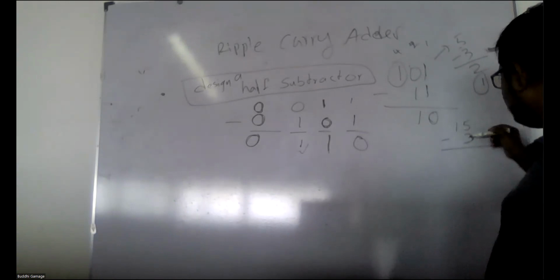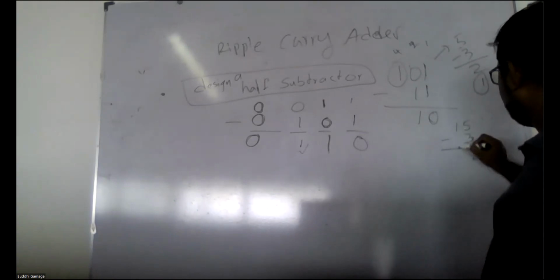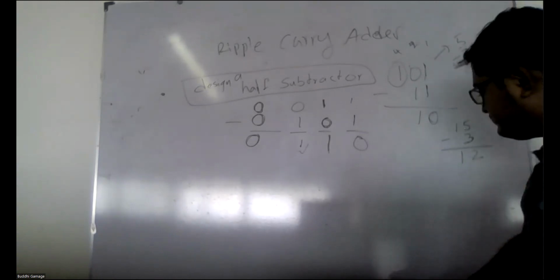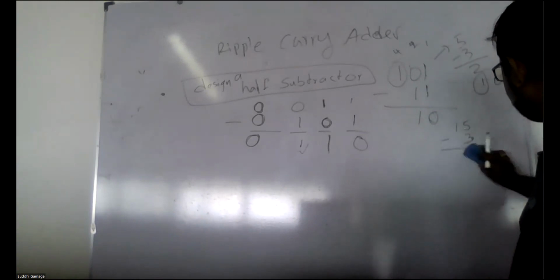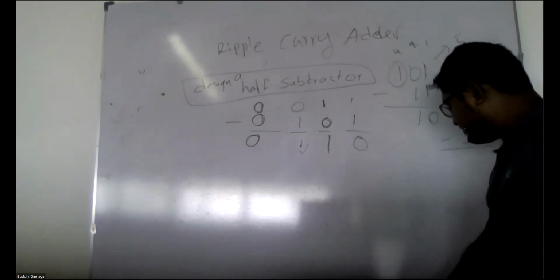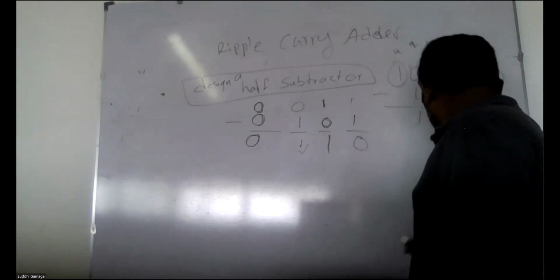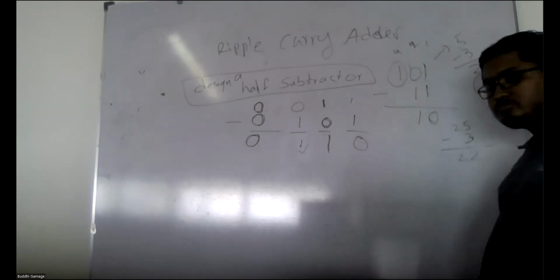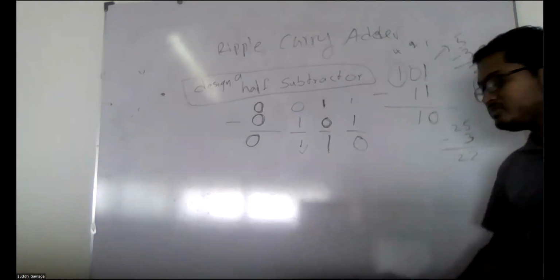So 5 minus 3 is 2, and we take the 1, so it is 12. Right? Let's take this as 25, so it has to be 22. Right? But